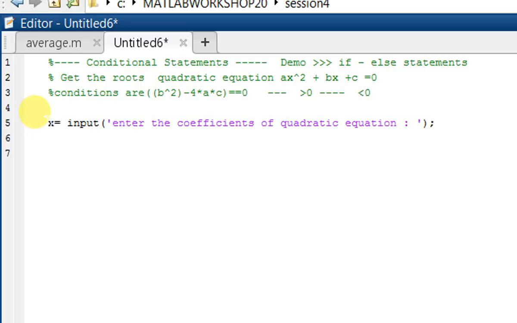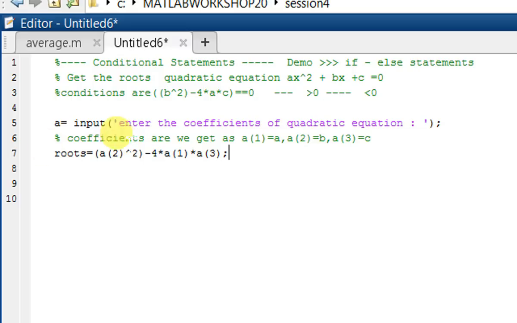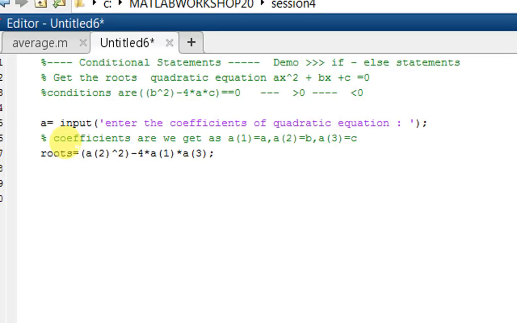We have to write x equals input, enter the coefficients of the quadratic equation. How many elements do we have to enter? We have to enter 3 elements, so we have to enter them in matrix format. So we put a equals input, and then we input the quadratic equation coefficients a, b, c in matrix format.